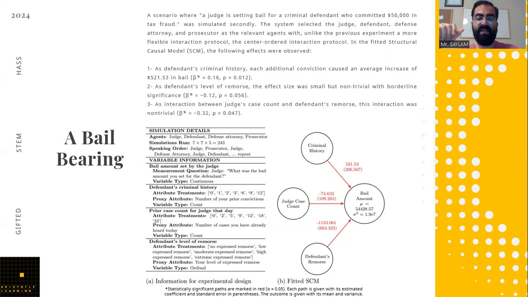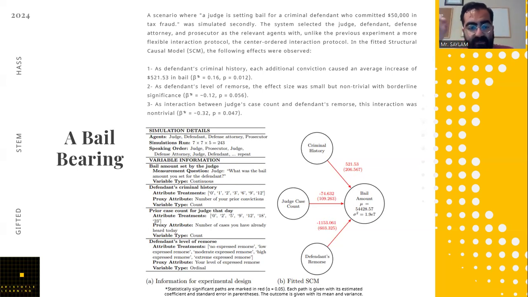This protocol is referred to as the center-ordered interaction protocol. The system chooses the outcome as the final bail amount, with the proposed causes being the defendant's criminal history, the number of cases the judge had already heard that day, and the defendant's level of remorse. The defendant's criminal history was operationalized as the number of previous convictions, while the judge's case amount and the defendant's level of remorse were